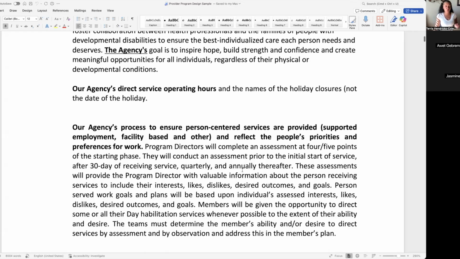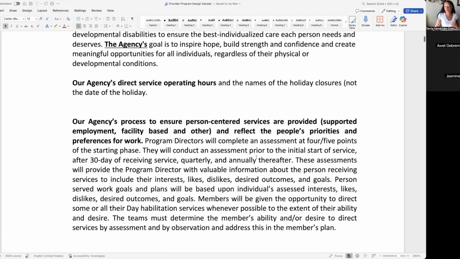And the state requires this. That's why you're doing this program design that you're going to submit to the state before you even submit your application, so that they know you have all these systems in place and you're equipped to assess all of your clients and provide the suitable care for them.